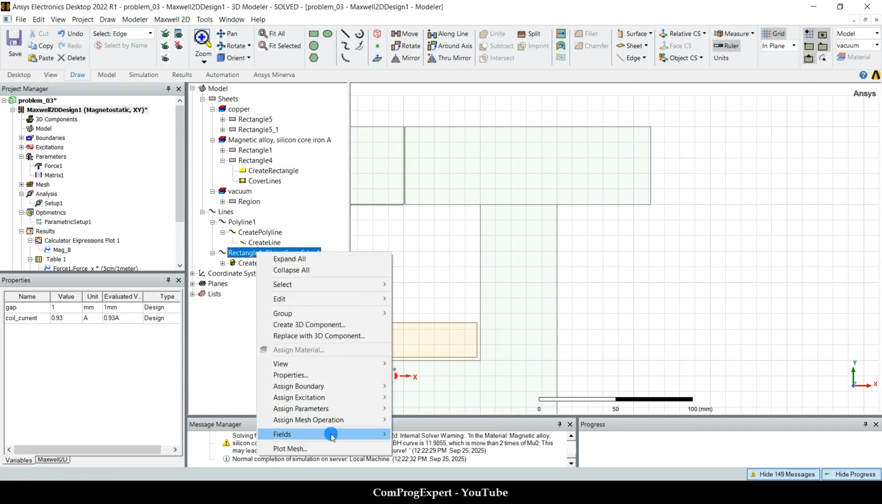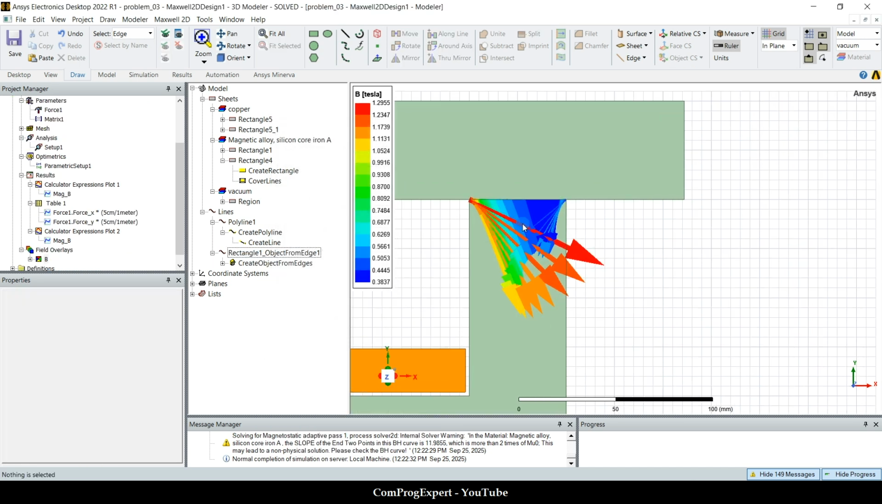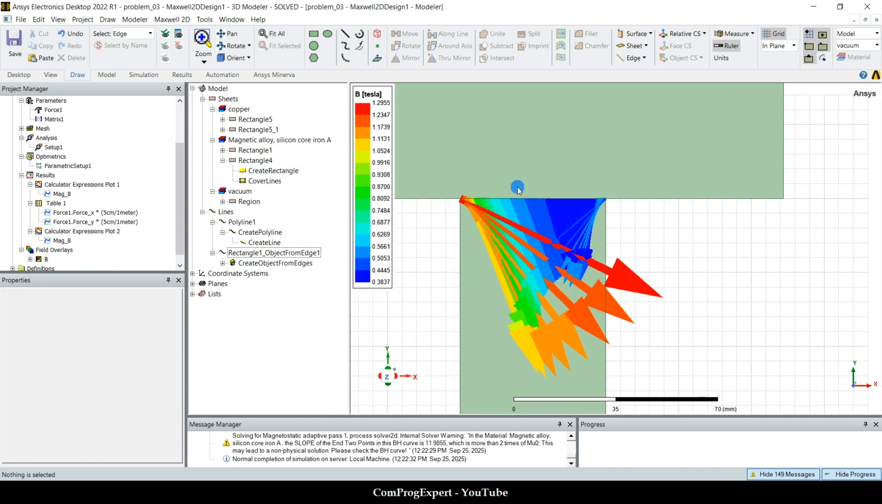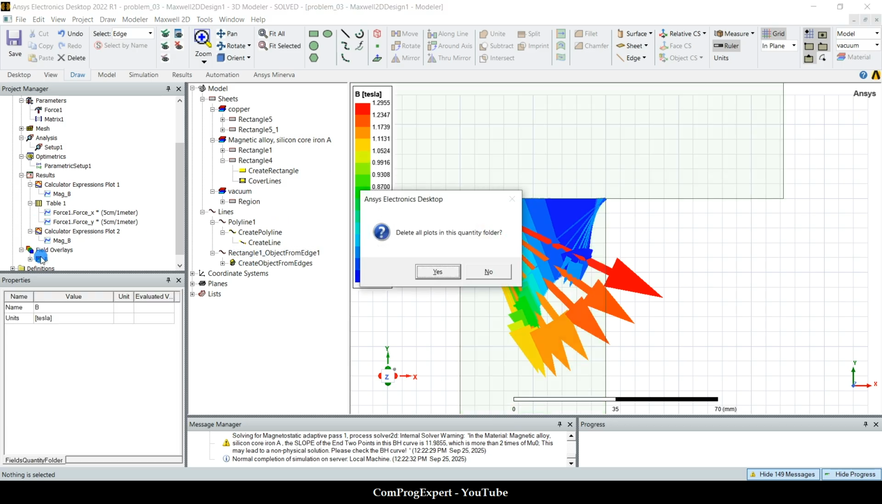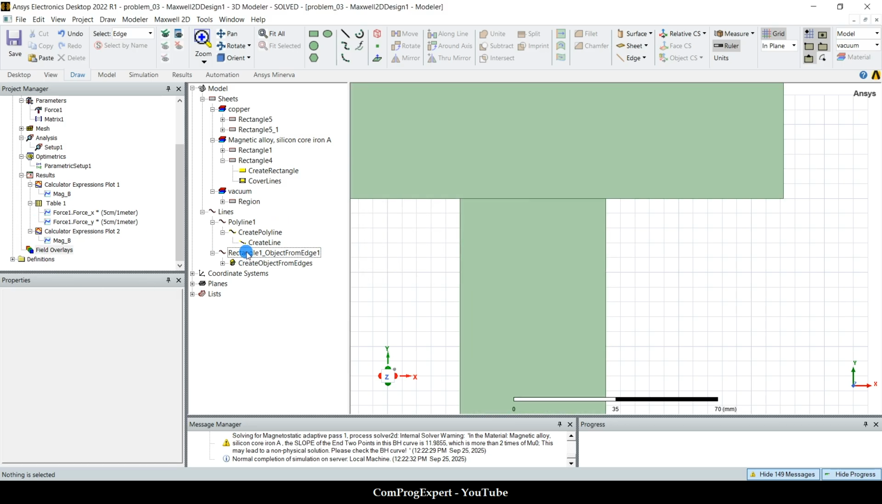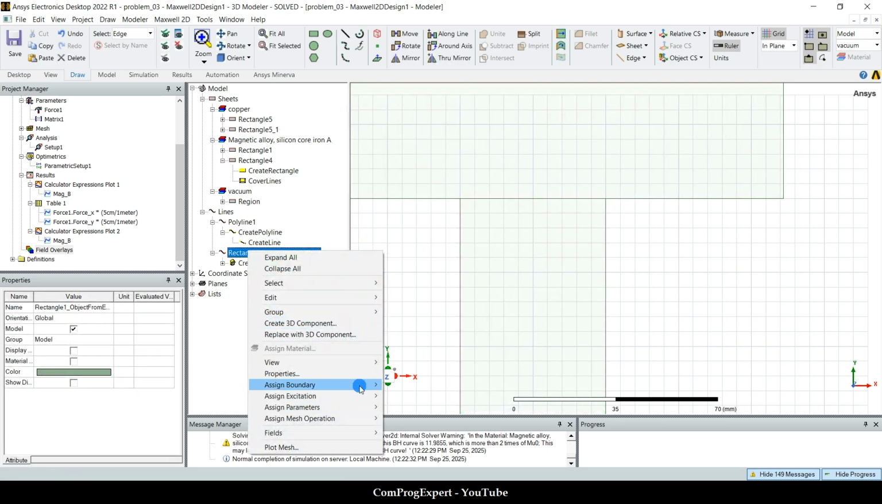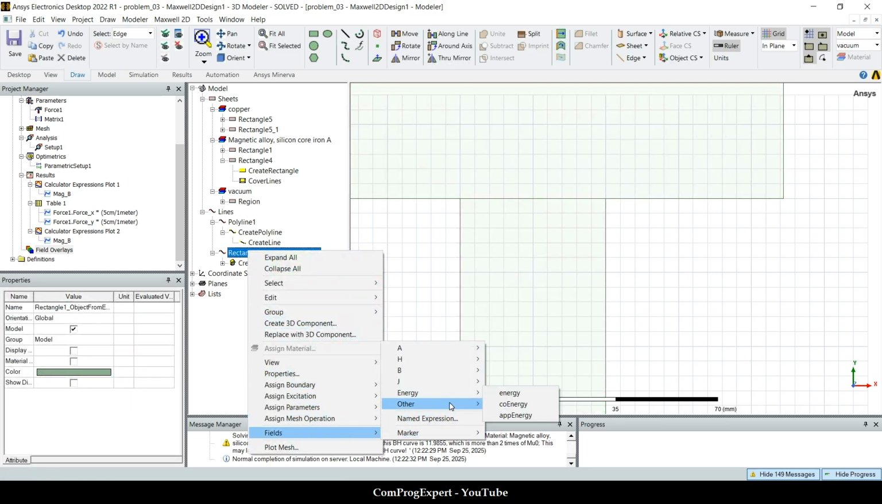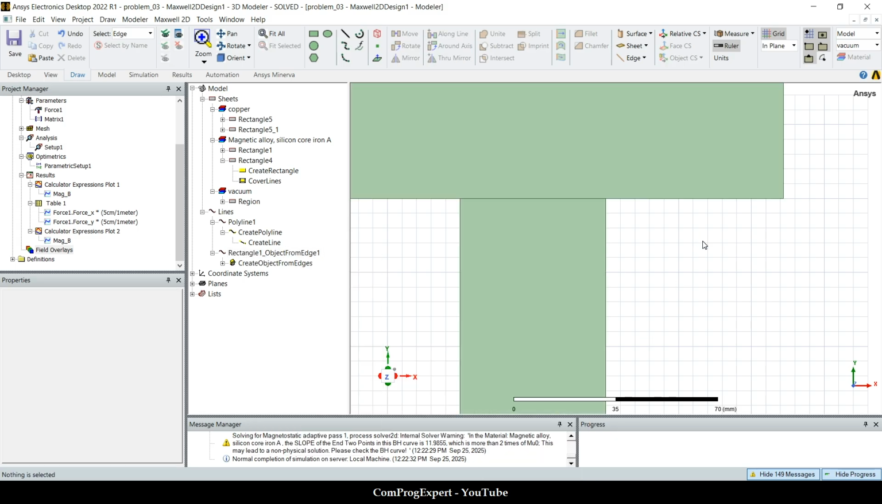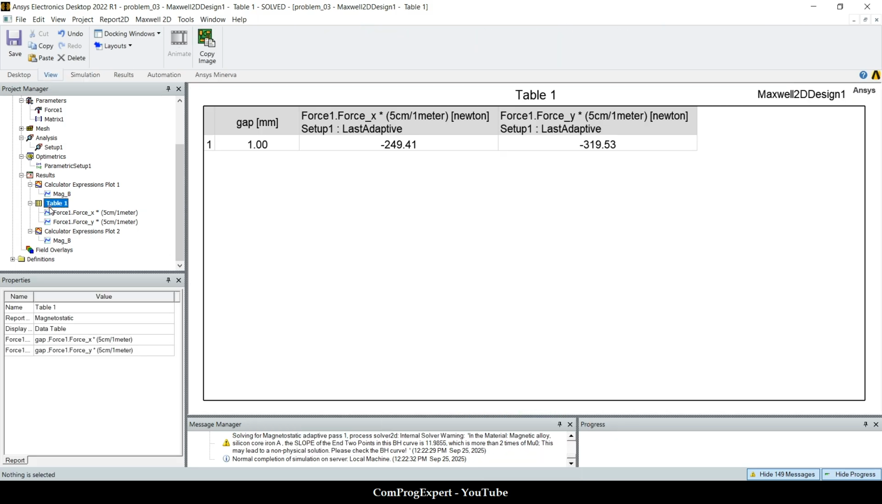So let me plot B vectors on it. You can see B vectors here. Also, you can check this parameter, other edge force density, surface force density. Anyway, so how much is the force? Minus